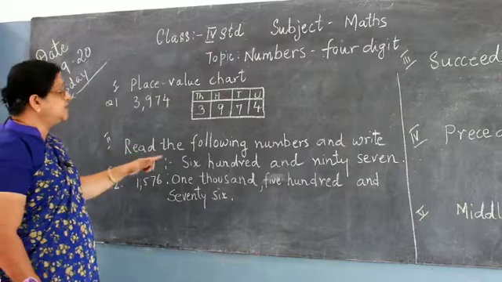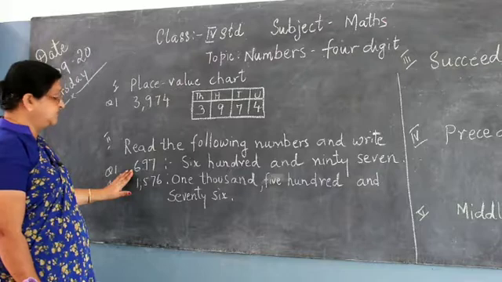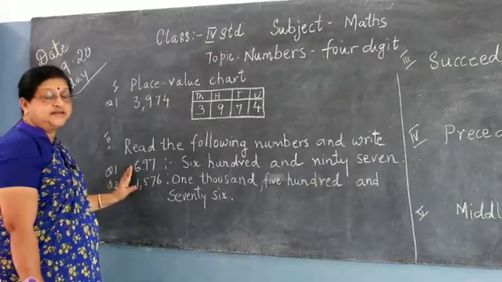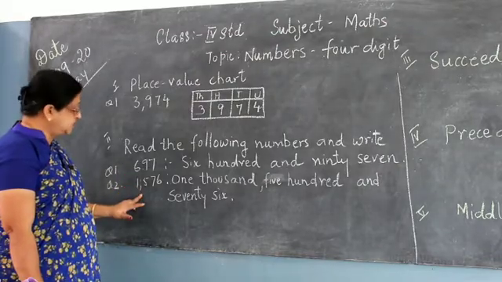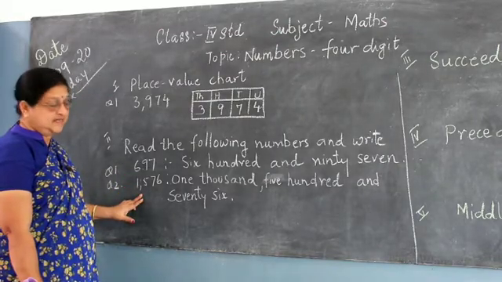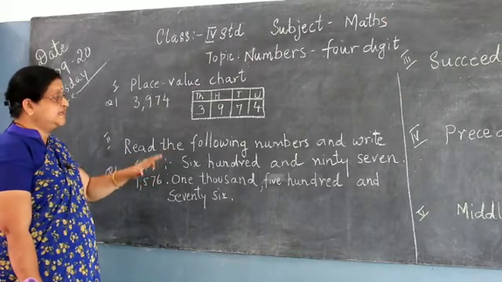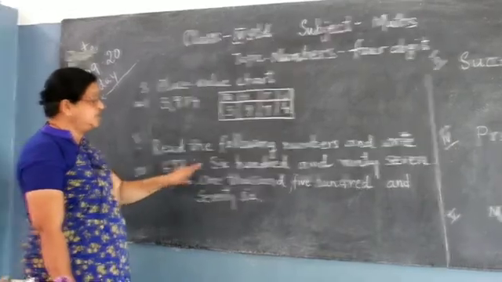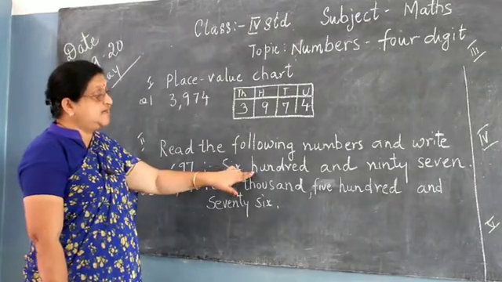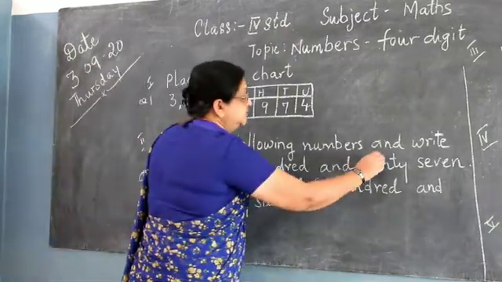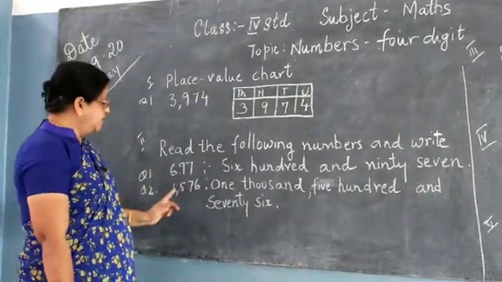Next is read the following numbers and write. Now children, the numbers will be given, both, because you have done 3-digit numbers, I will be giving you 3-digit and also 4-digit. Now 4-digit comma will come after the thousands place. See, already I have given you an example. Read the following numbers and write. 697, you will write, your spelling should be correct children, 697. Same way, now we are going for the 4-digit, you will write